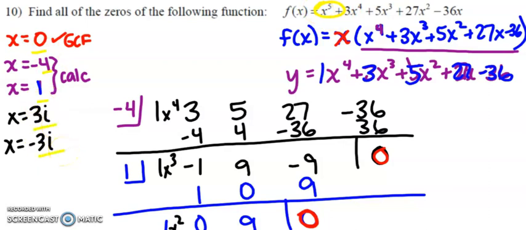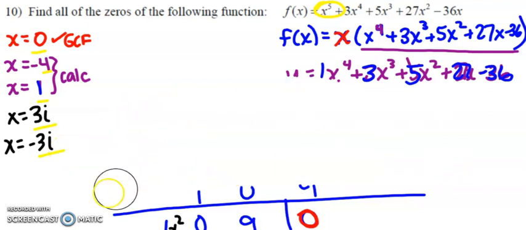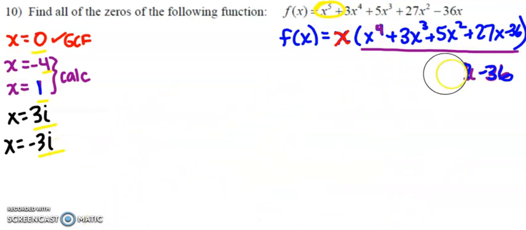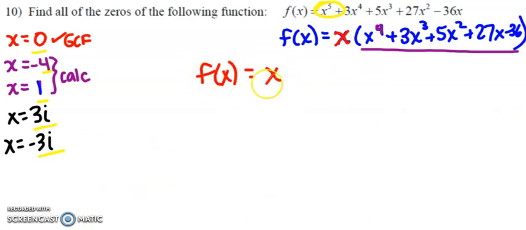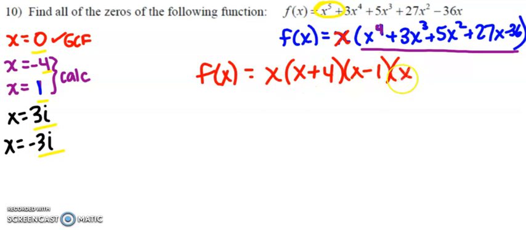If I needed to write this in factored form, let me just erase this real quick. I already factored out my x, right? So f of x is equal to x. I already took that out. I also would have x plus 4, x minus 1, and x squared plus 9 would be my